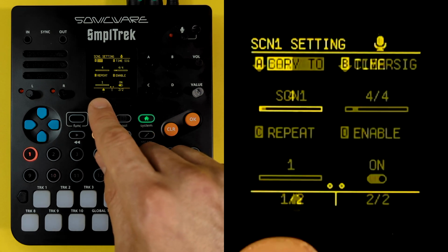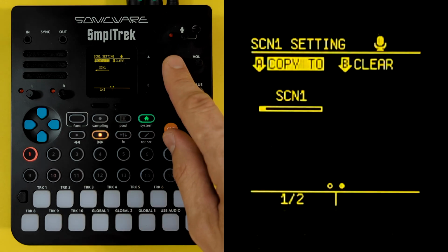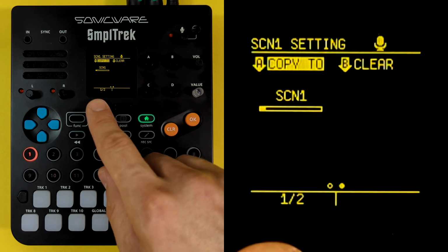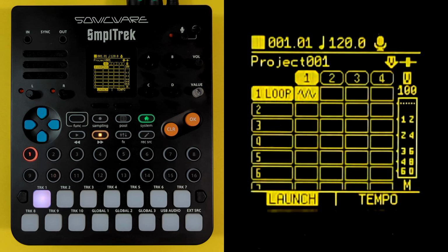So as you can see, we've got 2 different pages of scene settings. So for example, we can clear the scene by clicking on that B, or copy to another scene. So that's how we control our scene. Our scene setting will determine how long it plays for, even if the content within the clips is longer